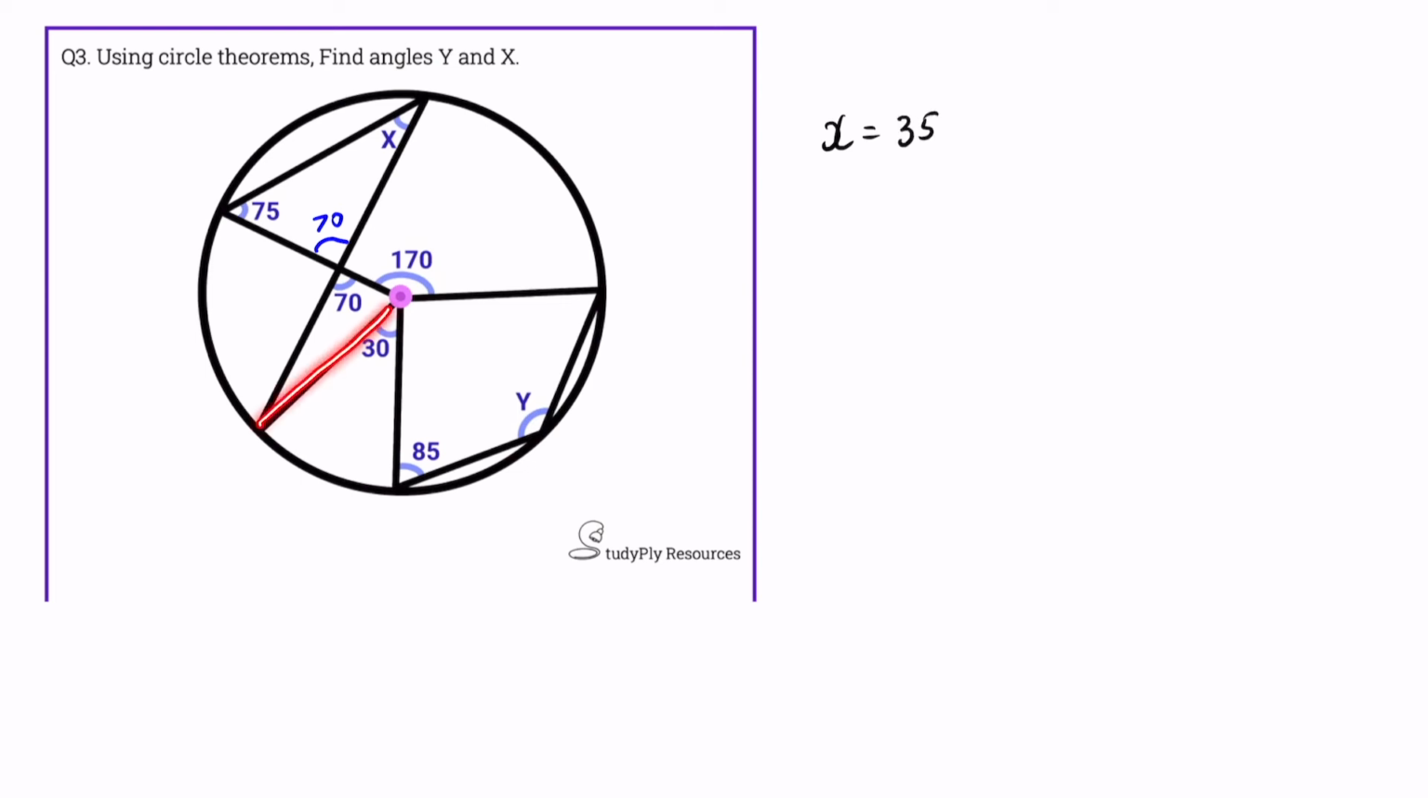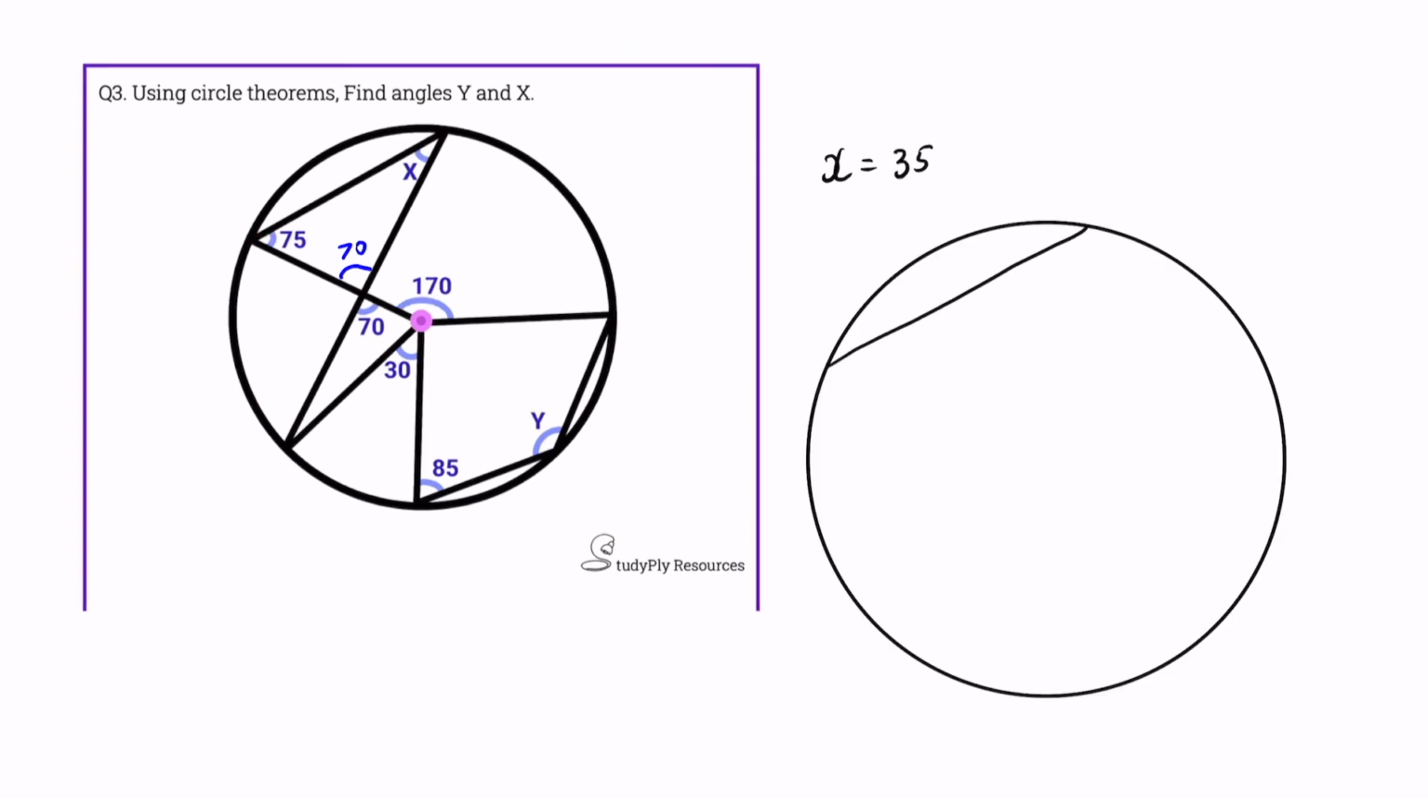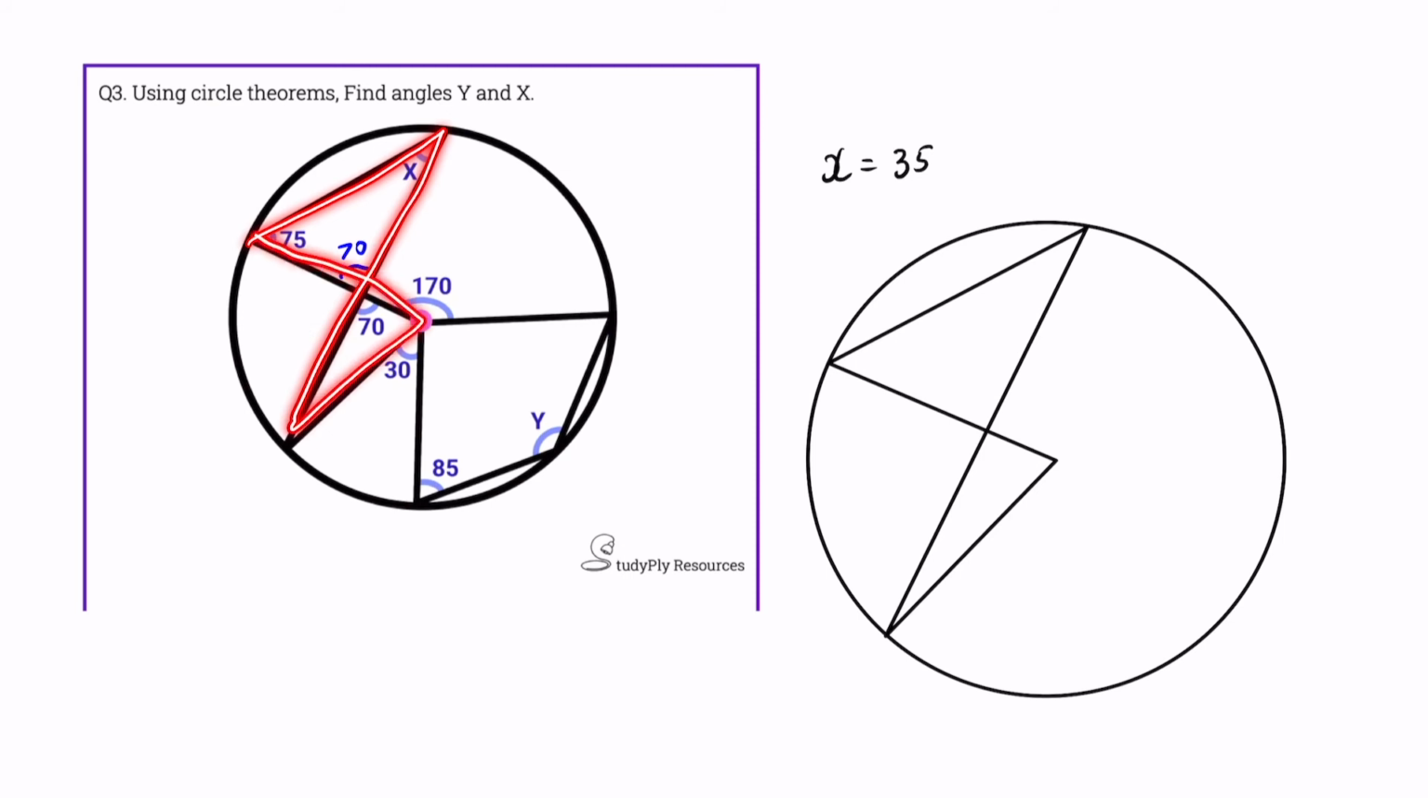Now let's look closely at this shape here. This is a hidden arrowhead. So let's take it to another circle. So this is what we have there. This is the shape. Now if I were to shift it slightly